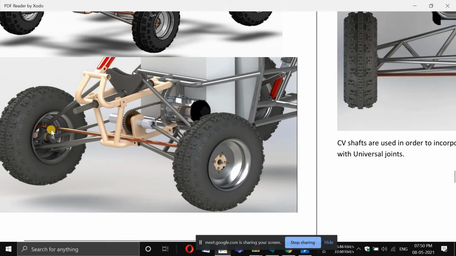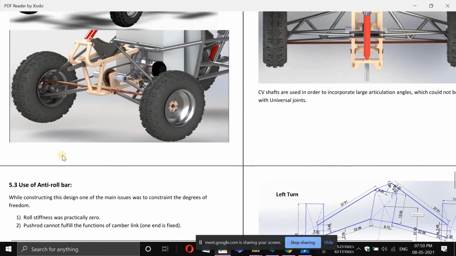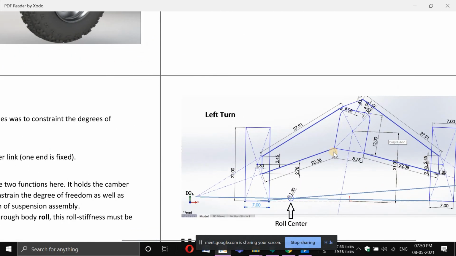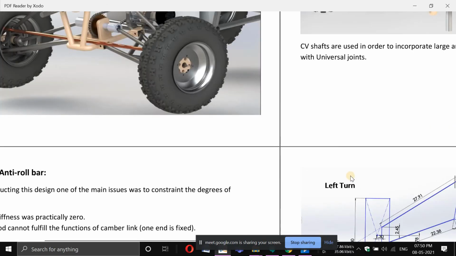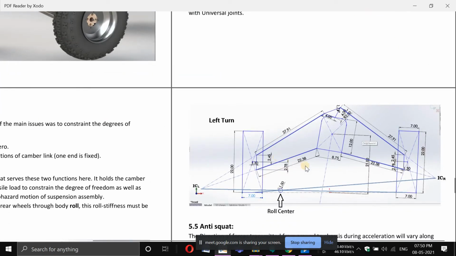So this anti-roll bar, anti-roll bars are used in cars, even in commercial cars and race cars, for controlling the roll. Roll is this movement of the vehicle, which we used earlier for generating toe and wheel travel. This roll movement is generated while taking a turn. So this roll movement could be avoided, reduced, minimized using an anti-roll bar.